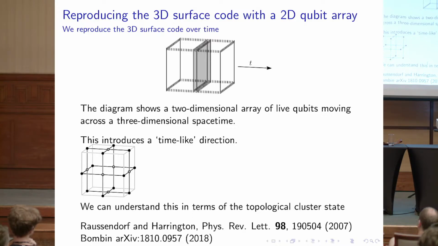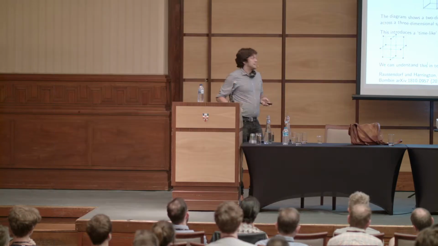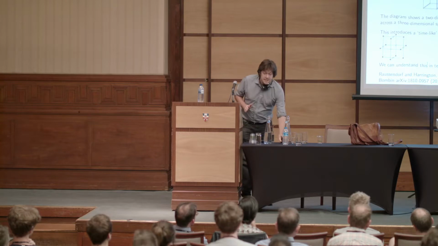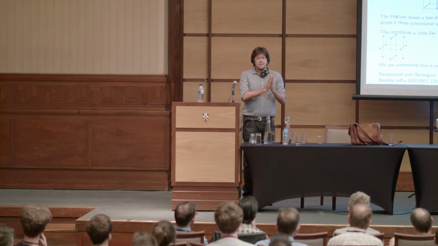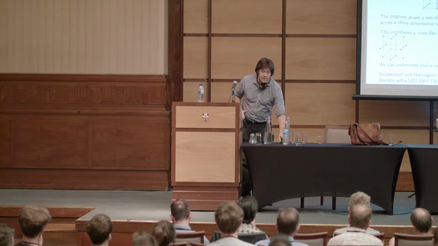We could, for example, just produce a small L by L by like 2-ish slice of 3-dimensional surface code, and then collapse it back down to the two-dimensional slice. And with this, we can use a two-dimensional slice of qubits to reproduce a whole three-dimensional surface code in kind